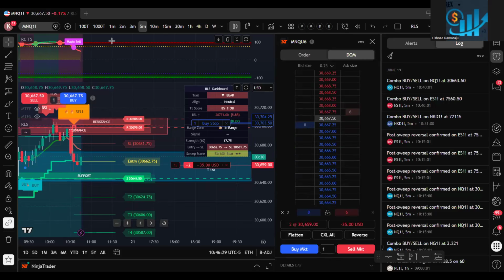Generally what happens is after winning two or three trades, the next day we go big. That day it may reverse because of some news or whatever the reason, and we give away all the profits we made over 4, 5 days. That's why, whenever we take these trades, if you maintain a consistent position size and win 8 out of 10 times, we'll be profitable at the end. But if you use a different position size or different risk, and suddenly one day you take a big position and it doesn't close at that point.